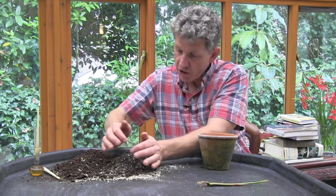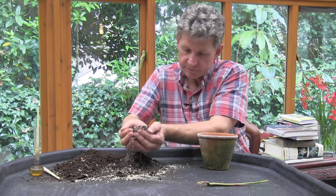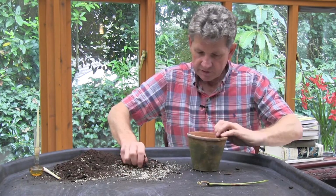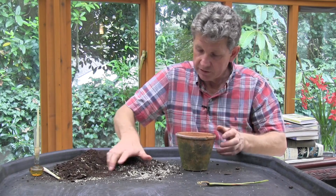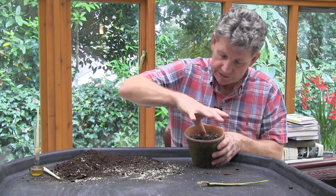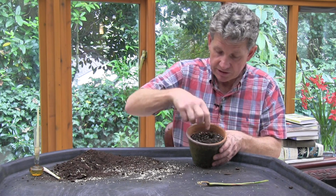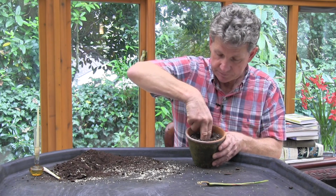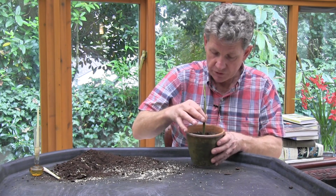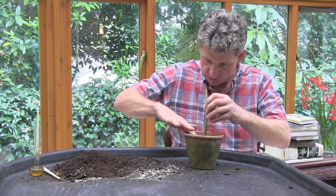Lemongrass likes a nice moist soil to grow in. Fill the pot. This is bone dry compost, and that's important. Once you've filled it, take your thumb and make a largish indentation in the compost. Take the lemongrass, rest the roots in, and then bang the side of the pot and get some more compost,